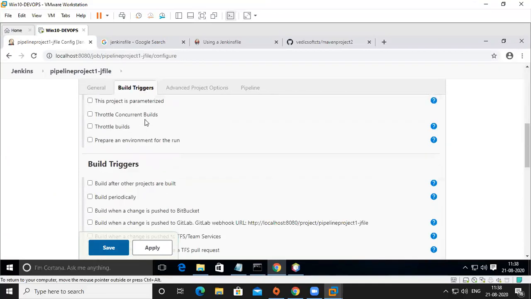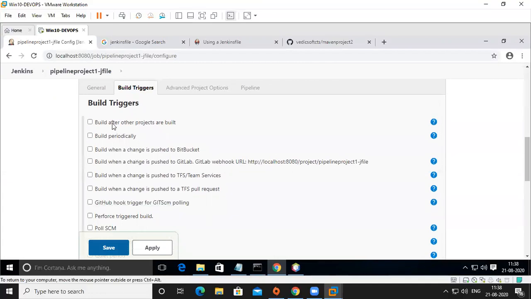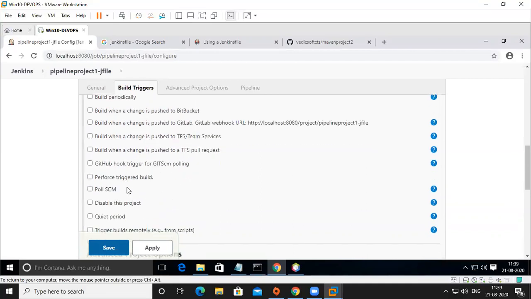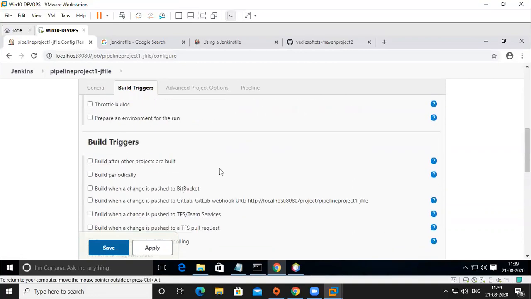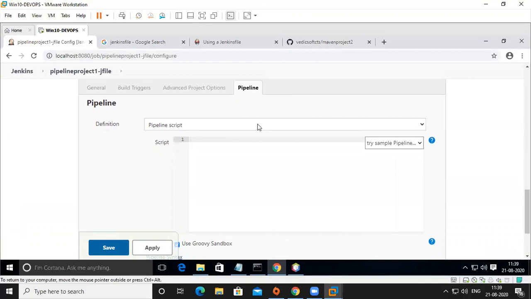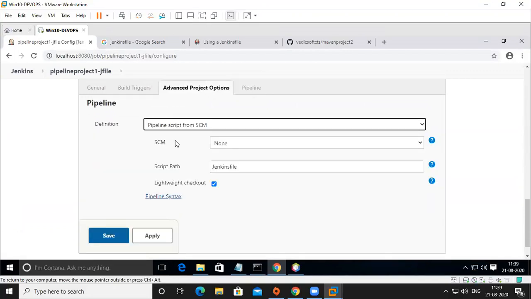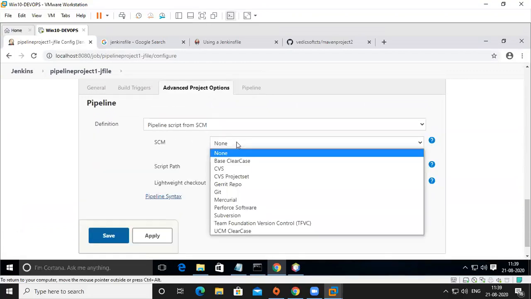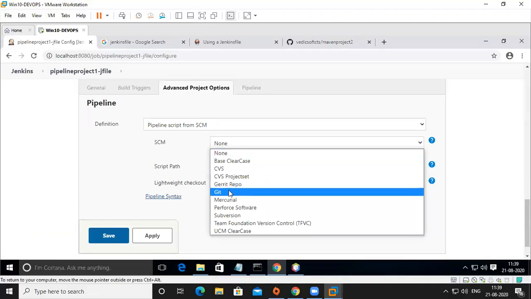This is build triggers: build after other projects are built, build periodically, build on change in Bitbucket, like this. We'll see that later. But we'll go to the pipeline script. I'm using pipeline script from SCM. Where is it? In Git only.